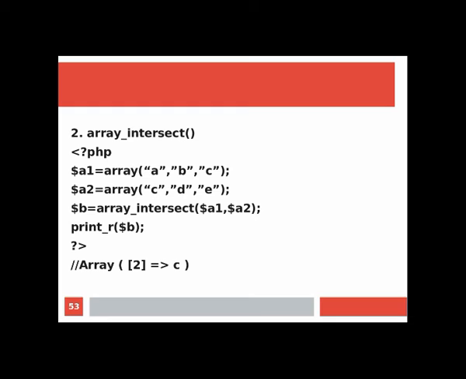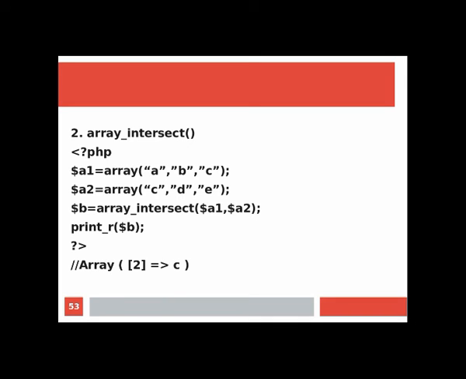This function returns an array consisting only of those values present in input array 1 that are also present in each of the other input arrays, and here we have taken only two arrays. That's why our print statement is print_r($b); and end of the tag.